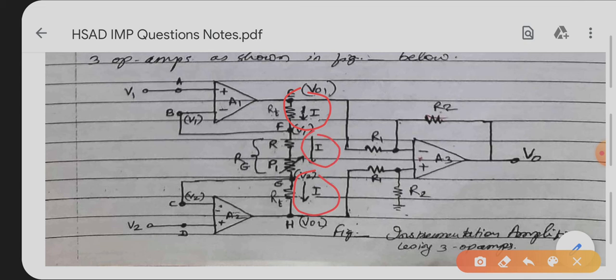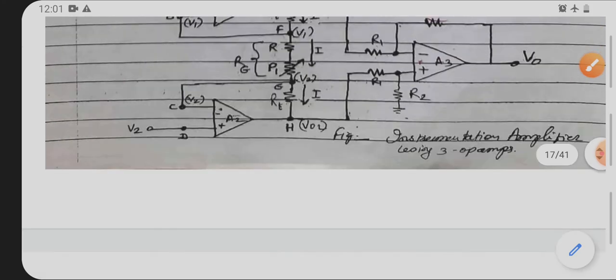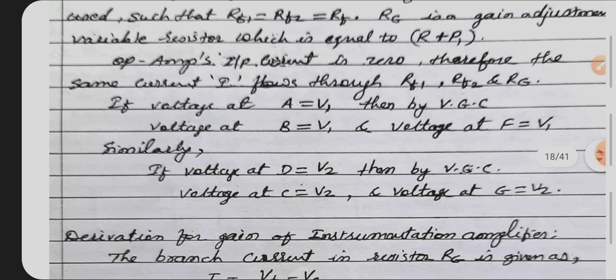all the registers, because you know that the current flowing through the input terminals of the op amp is equal to 0. IB1, IB2 is equal to 0 for an ideal operational amplifier. Therefore the current flowing through these input terminals which I have shown here is equal to 0. Therefore the same current is flowing from point E to point H. VO1 is the output of A1, VO2 is the output of A2, and VO is the final output which is shown here.